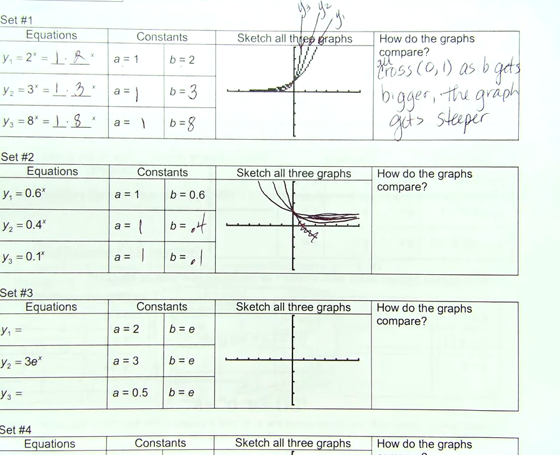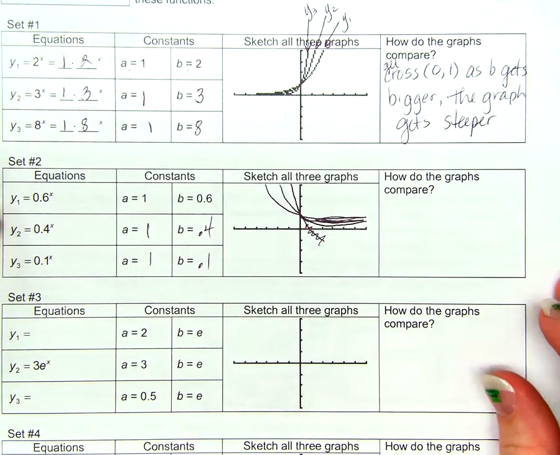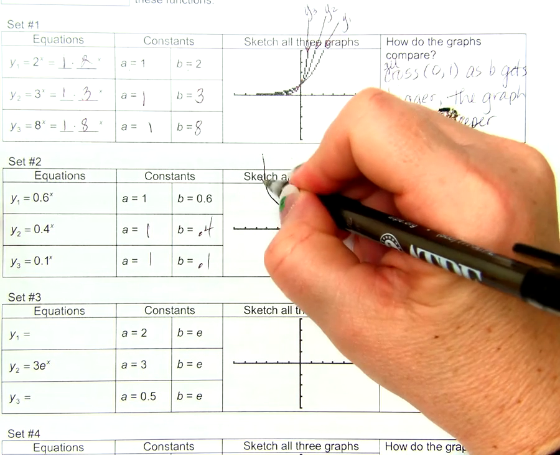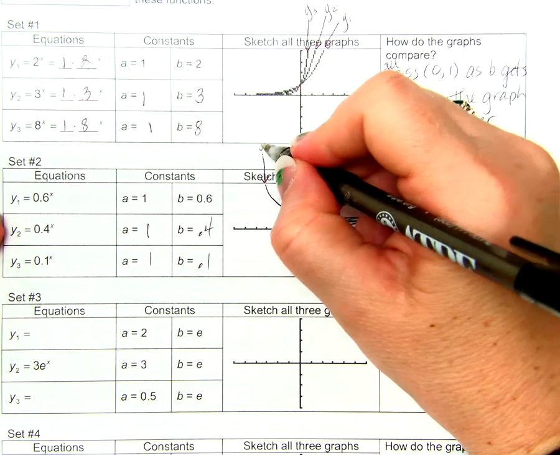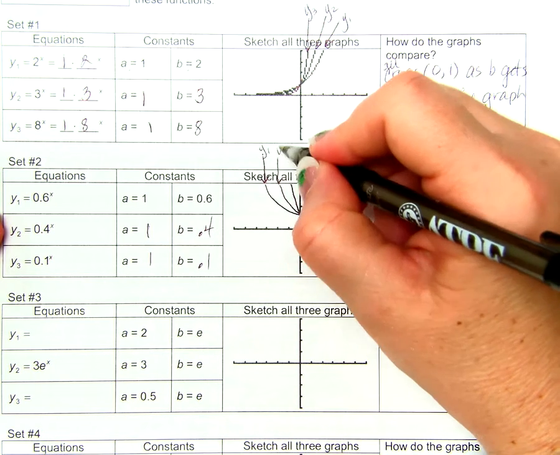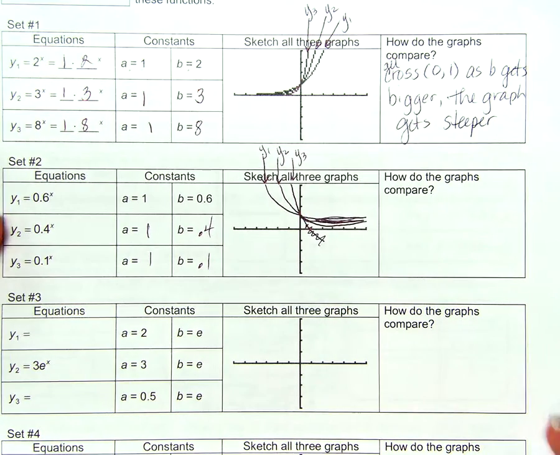I'm not being judgmental. But which one's which? This one right here is y1? Are you sure? Okay. Okay. So how do their graphs compare? All cross